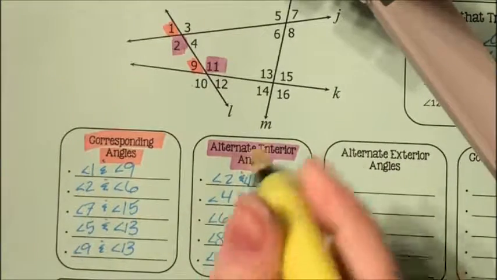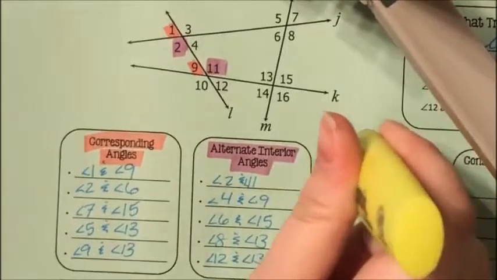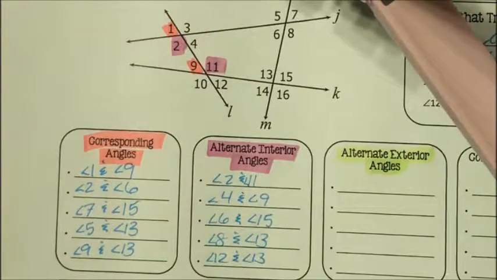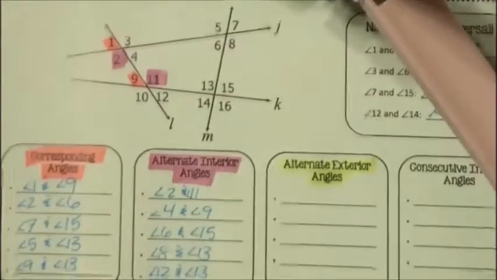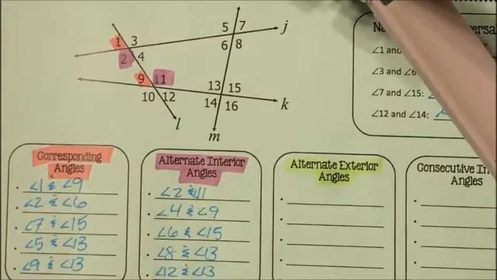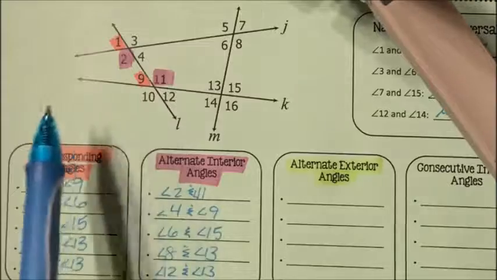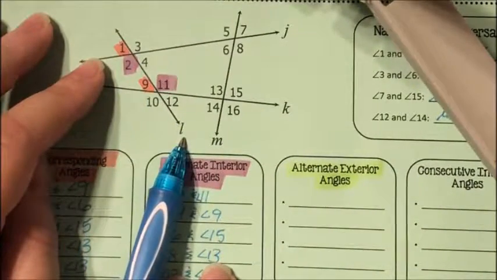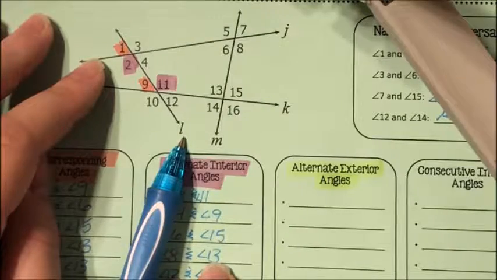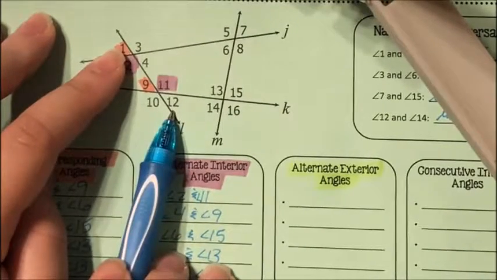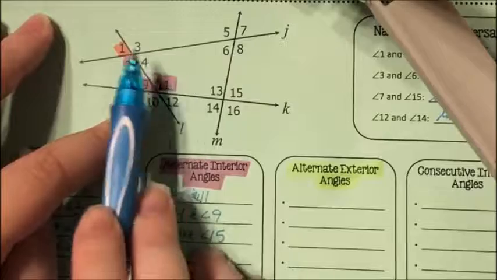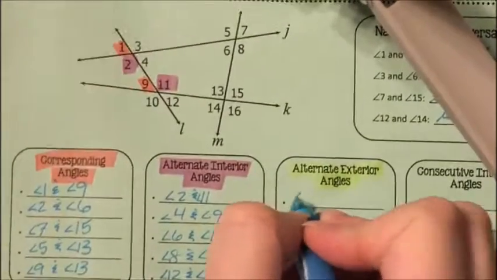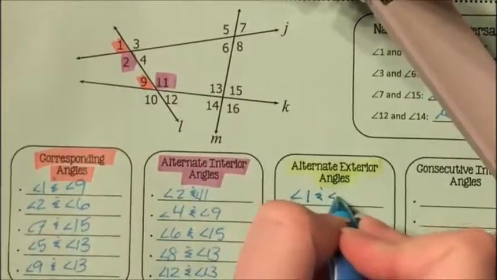The next one I have is alternate exterior angles. So alternate exterior. So these are on the outside. Okay, so exterior being the key word. So if L is my transversal, my opposite outside angles, so 1 and 12 and 3 and 10 would be my alternate exterior angles. So 1 and 12,